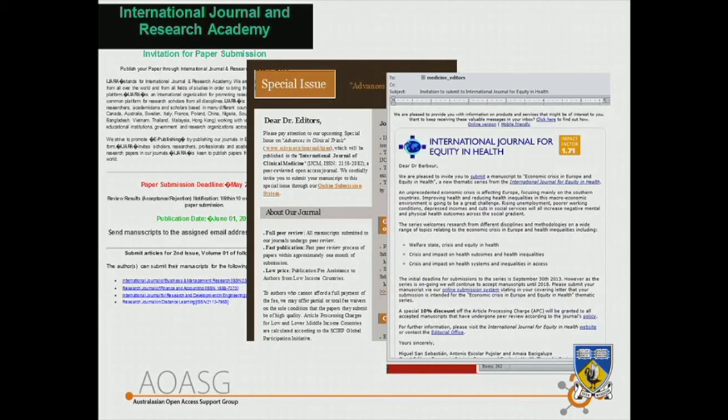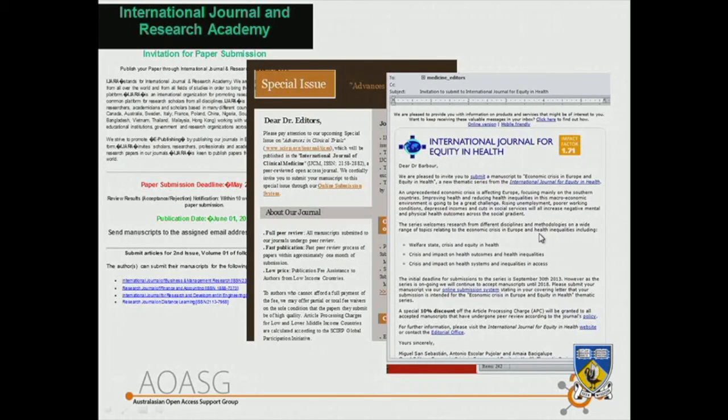Anyone want to tell me which of the journals you might feel comfortable with? If you didn't see my talk this morning, you can't... Yeah, so the short answer is it's really hard to tell. So this one here is actually a BioMed Central journal, and is one that I think you'd be reasonably comfortable with. The other two are journals that I would have no confidence in publishing in. And it's very, very hard, I think, because I know many academics feel incredibly flooded with these requests for publications that come to them, and don't know what to do with them.